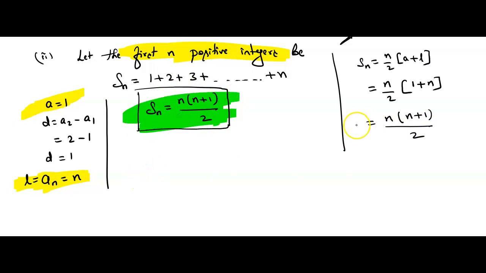Did you understand how we got this? This is also one of the important formulas which we use directly to add the sum of n positive integers. This is the derivation I have shown of how we got this formula. Here also it remains the same. I hope you have understood how to solve this problem.